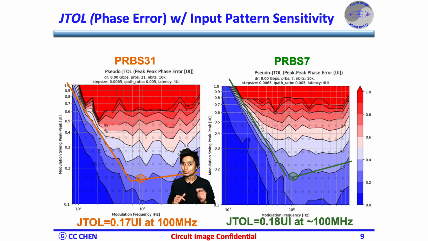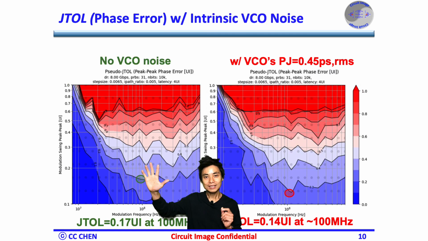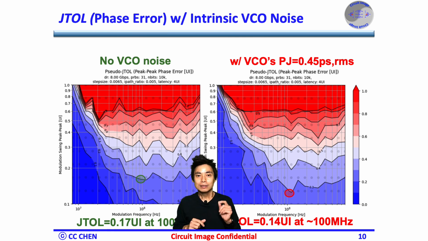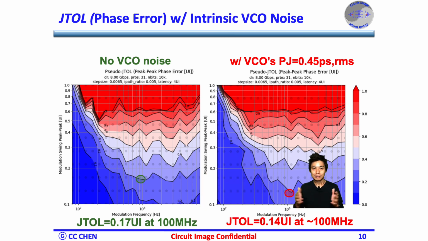In addition to the external impairments, what of the internal impairments would we like to look at? Think about the intrinsic VCO phase noise for 5 seconds. Yes, we must trade off the VCO phase noise and its power consumption. Therefore, with the pseudo jitter tolerance images, we could specify how much period jitter of the VCO we could tolerate and design for the corresponding power consumption.